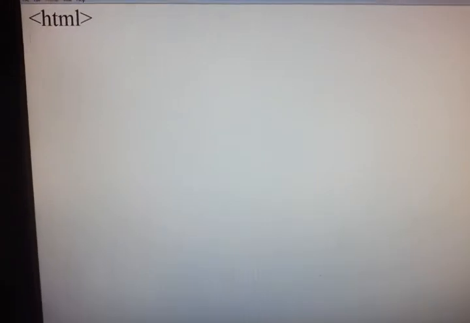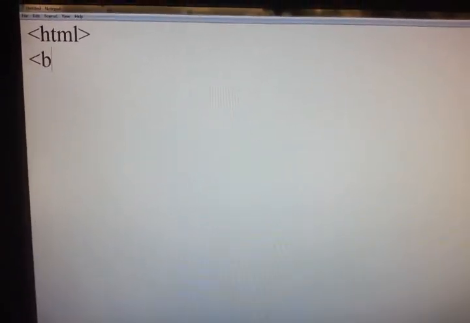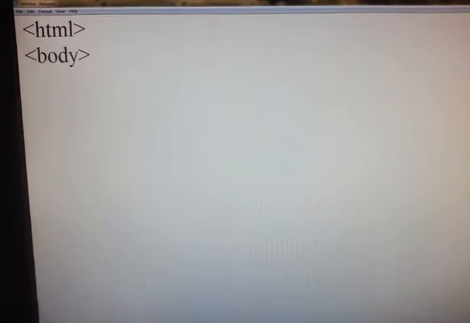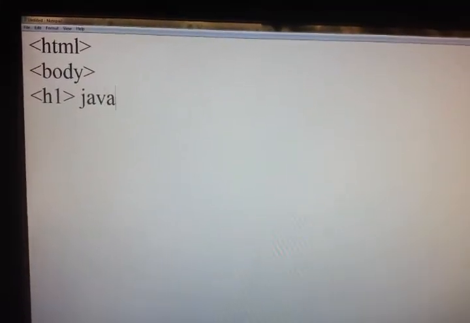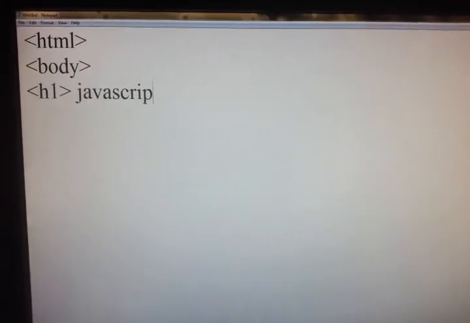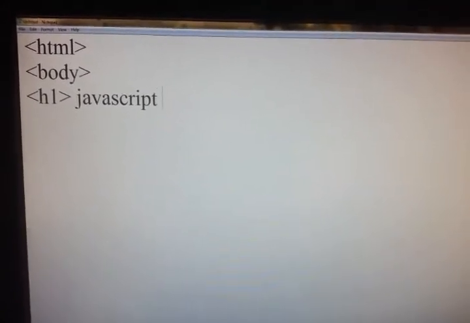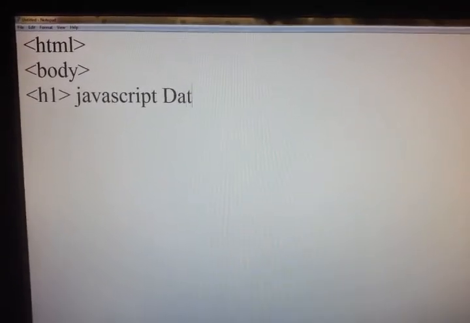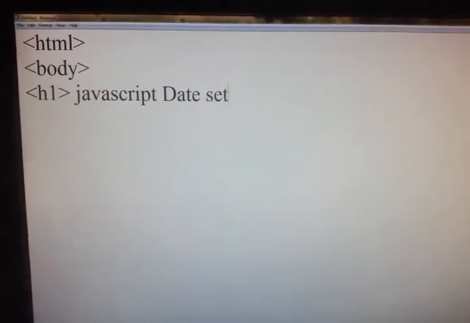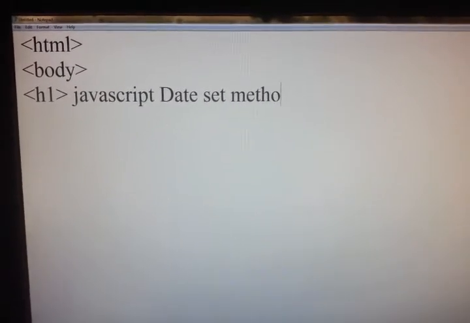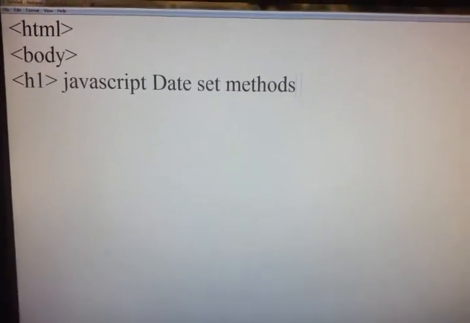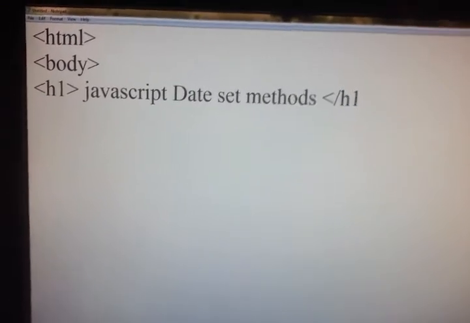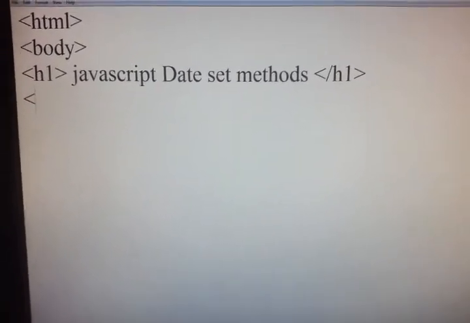HTML, body, h1, JavaScript date set methods. Close h1 tag, then open script.